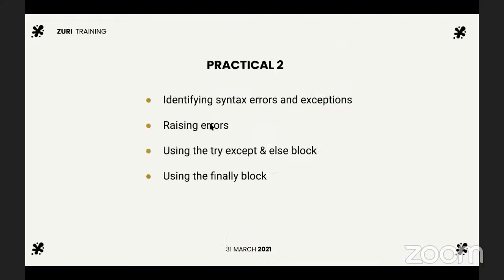And you can also raise your own errors. You can say, at this point in time, if you write a block of code, you want to raise an error. Maybe you want to raise a zero division error for your own code, just to make sure you stop the execution, to prevent maybe a break of code along the line, or to carry out maybe another operation. So what you use majorly in handling errors is the try except else block,